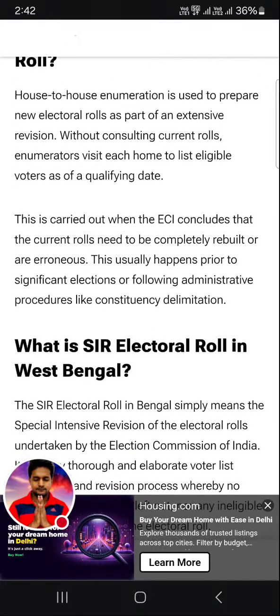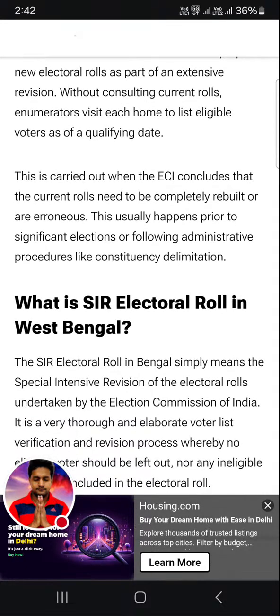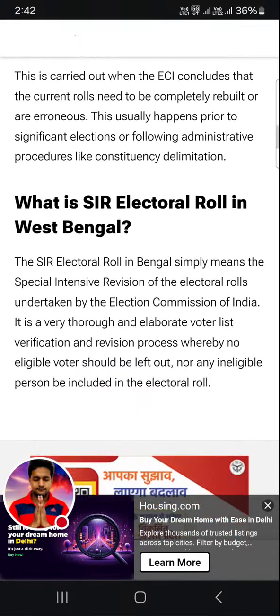This is carried out when the ECI concludes that the current rolls need to be completely rebuilt or are erroneous. This usually happens prior to significant elections or following administrative procedures like constituency delimitation.